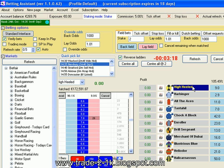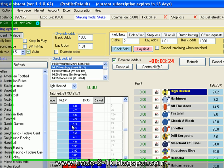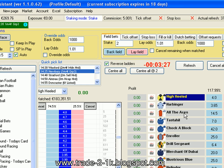Our favourite here, High Yield, has gone right out now from 9 to 9.8. Back into 4.2. Oh, if you could have backed him at 9.8 and laid it out now here. Just checking over here. Looks like a 2-horse race here between High Yield and Harbinger. Neck and neck. Anybody going to come in at the end and steal the thunder? Nope. High Yield, as the price comes down, as you can see, as the race draws to a close,